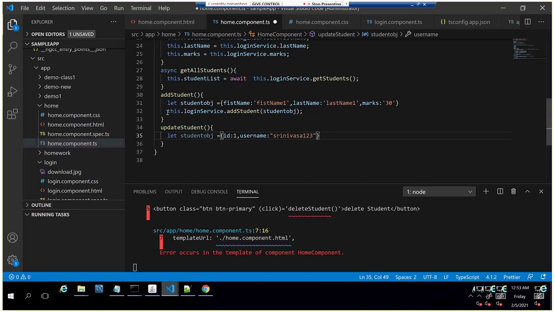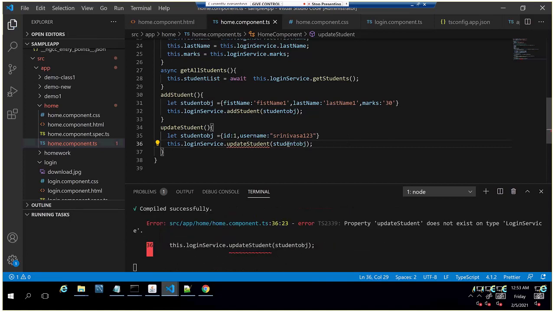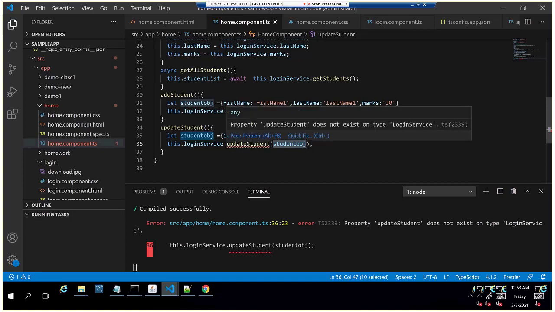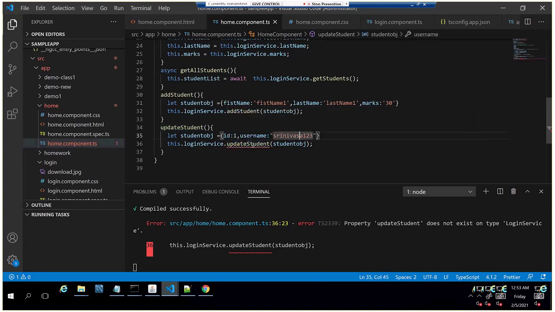Now what we'll do is we'll create a method update student in the service class. Update student method, and I'm going to pass this object so that it will update my ID username to 123. So I'll go and create this method using quick fix.